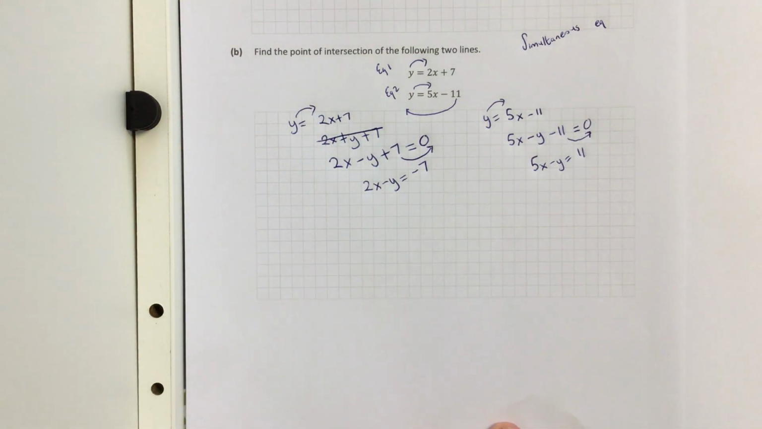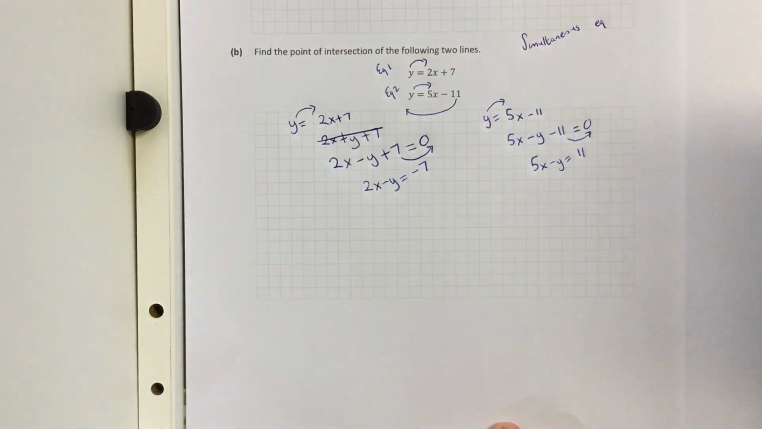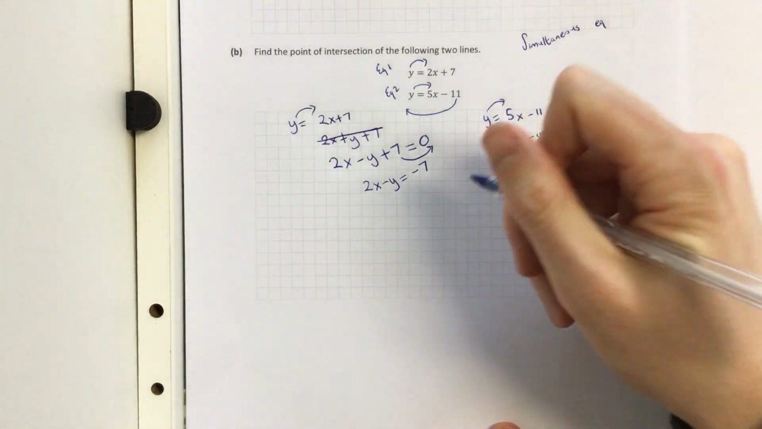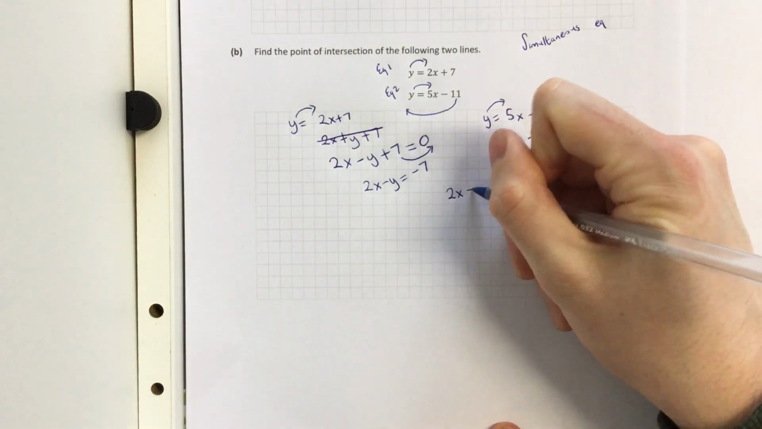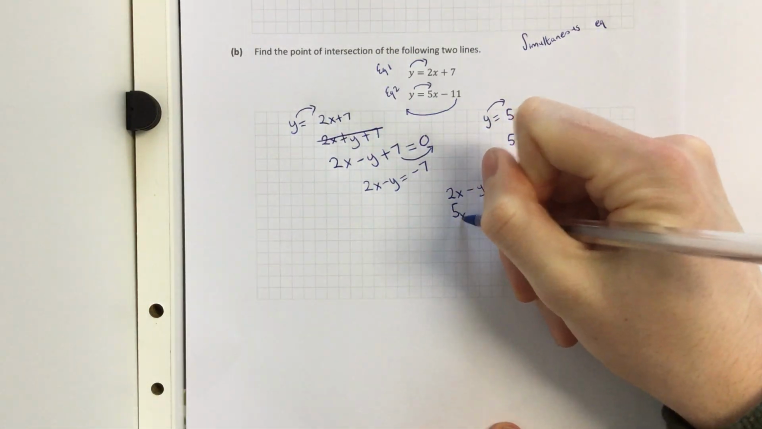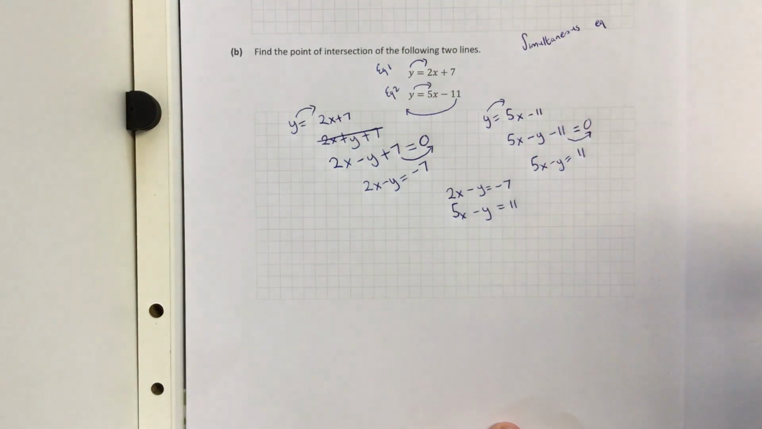Now if we look at both of these equations, they are both in the correct format. I'm now going to put it back in the order that we normally see simultaneous equations in, which is 2x minus y equals minus 7 and 5x minus y equals 11. So